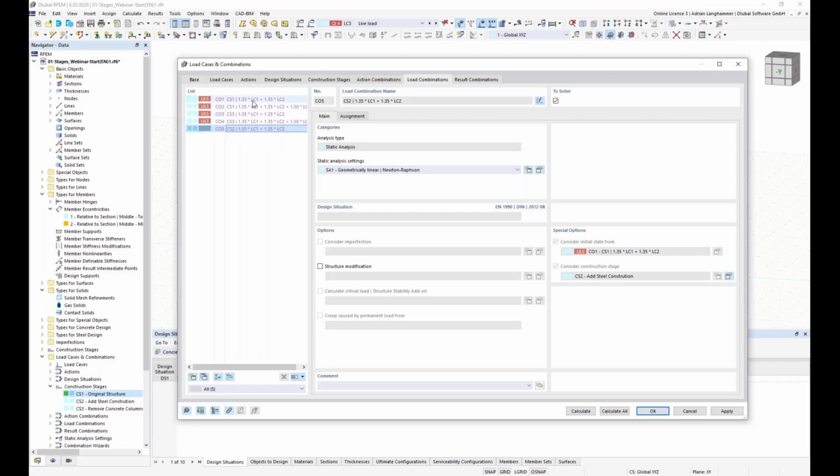So if I take a closer look here, for example, to combination 1, I see it's related to construction stage 1. And here I see the special options, which are here just for information, as long as I use the automatic. If you create load combinations manually, you have to choose here for the special option which construction stage should be considered and which initial stage should be considered. But for the automatic,